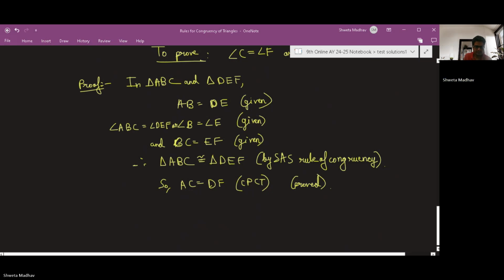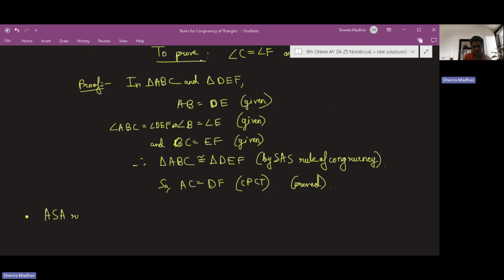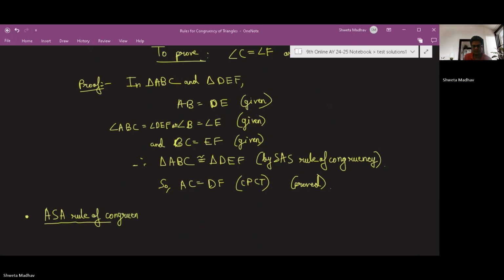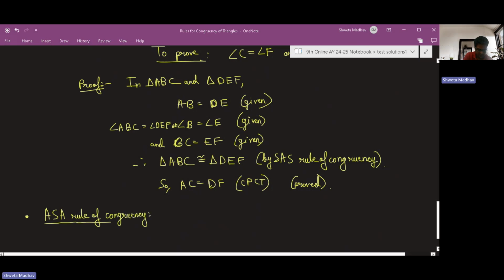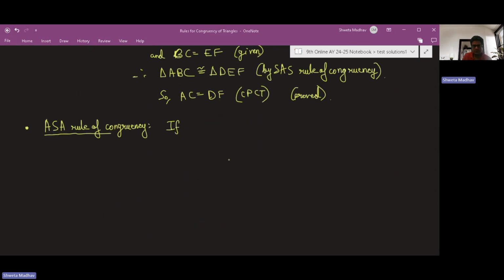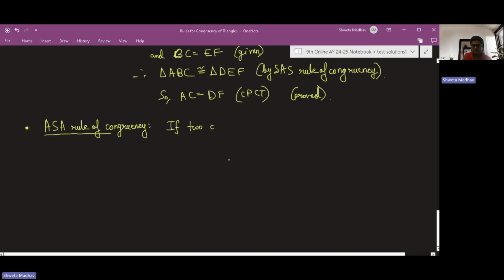Then the next rule is the ASA rule. ASA rule of congruency, or the full name is angle side angle. So here also we have to take the included side. The rule states that if two angles